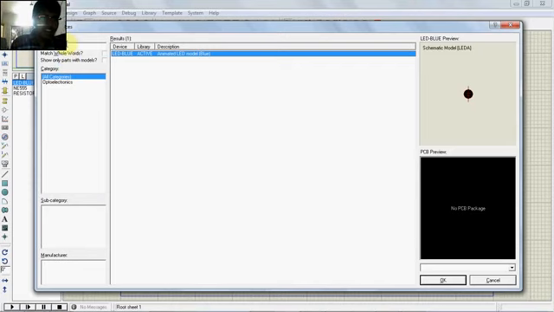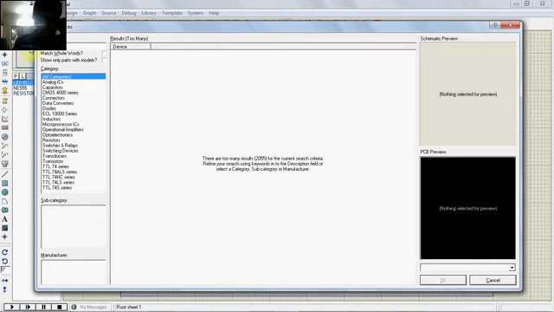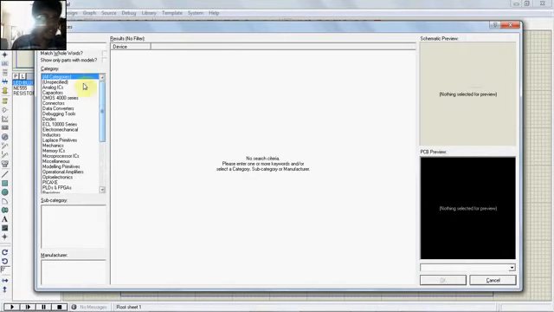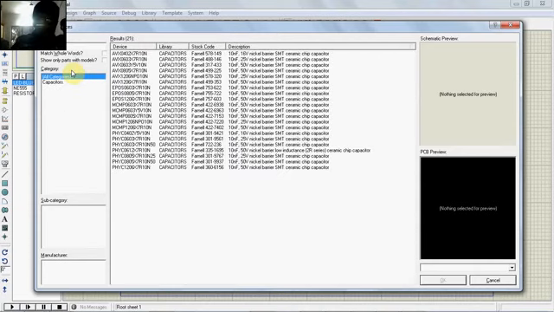Capacitor 10 nanofarad and 100 nanofarad, 10 nF. Okay, so capacitors are there. You can select any one of them. If you know the ratings, you can select that. Okay, now 100 nanofarad capacitor. Okay, I got it.